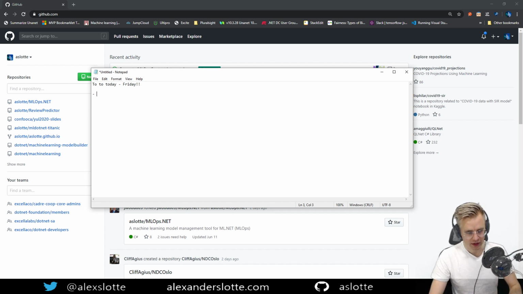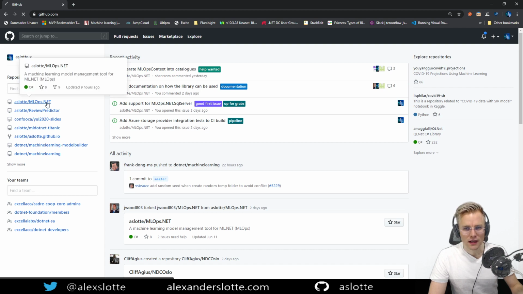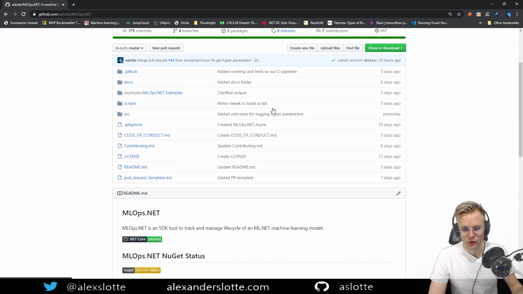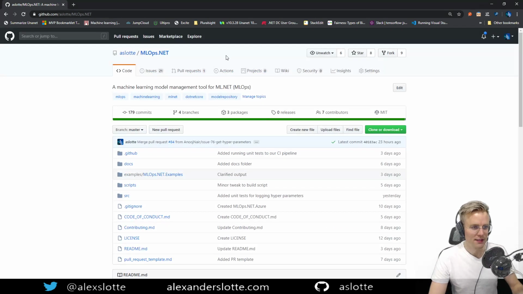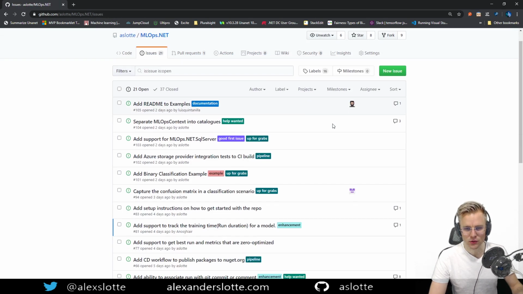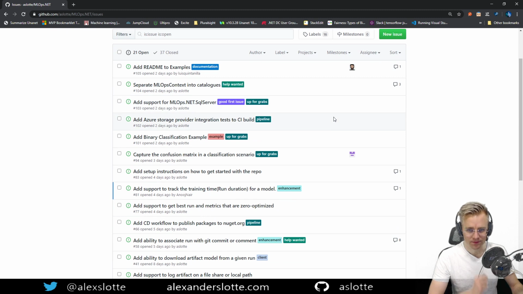The first thing we're going to look at is adding our integration tests into our CI pipeline. We'll have to do that for sure. Second of all, I would like to take a look at the issues we have open and see which one we would like to address next, since there's quite a few that we could look at.